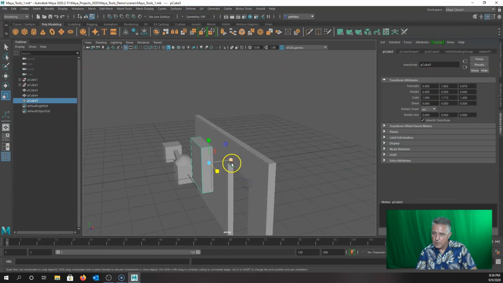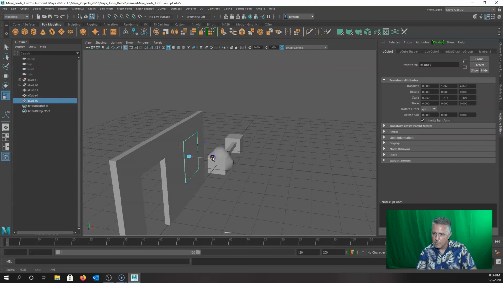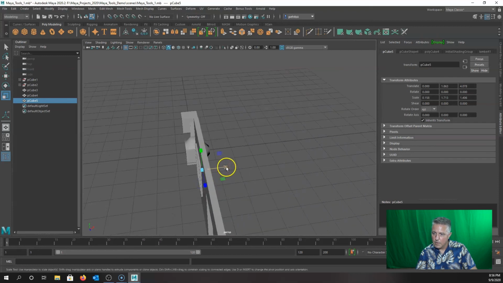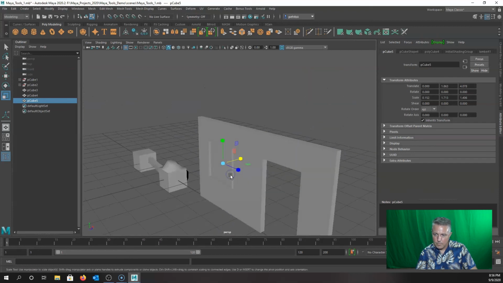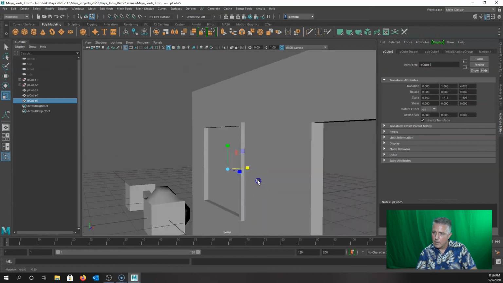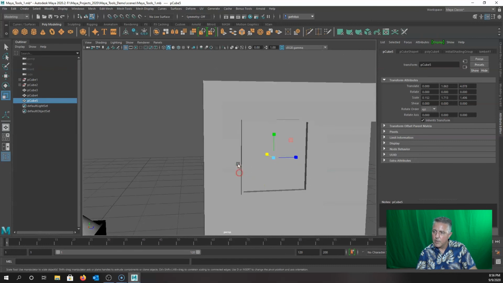Now I'm going to thin it out a little bit so it actually looks more like a window. Thin it down a little bit more. Down inside there. Getting there. Okay. Alright. Now with that done, I'm going to go ahead and change this material so that I can make it